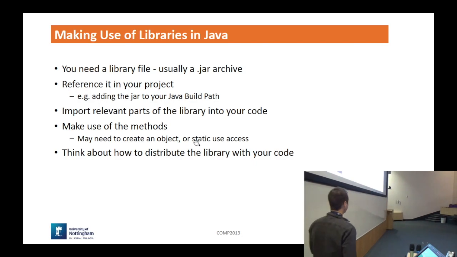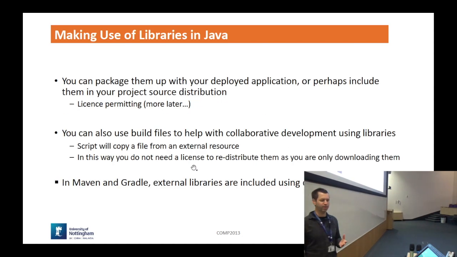And there are two ways to deploy them, so to speak. Imagine you were going to release your snake game as a product to the world, right? You could package those external libraries with your application, right? That's what this describes. But you could also just distribute the build files that say, okay, download these external libraries and use them in your application. So you don't have to actually package them into your application.